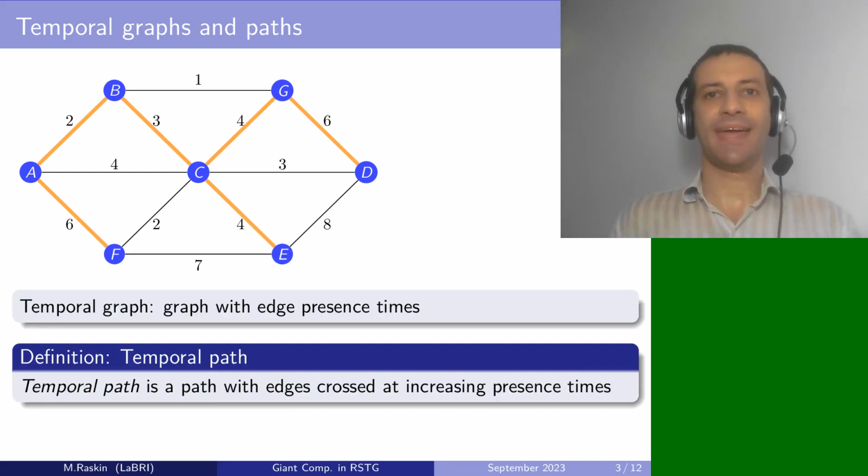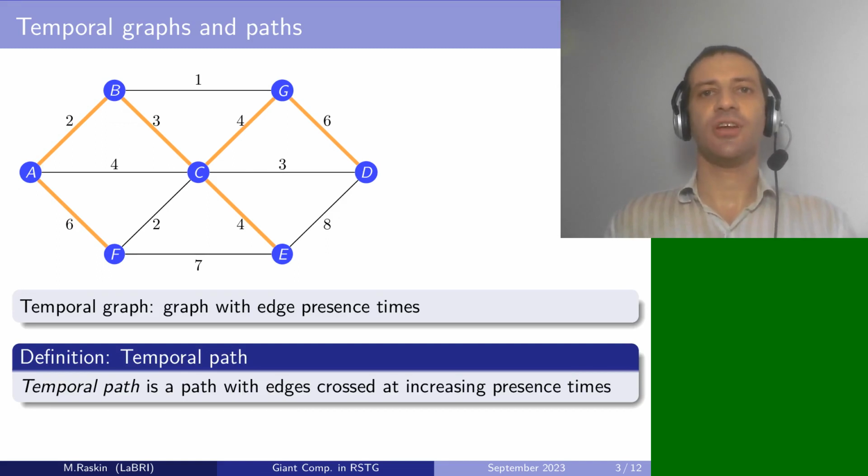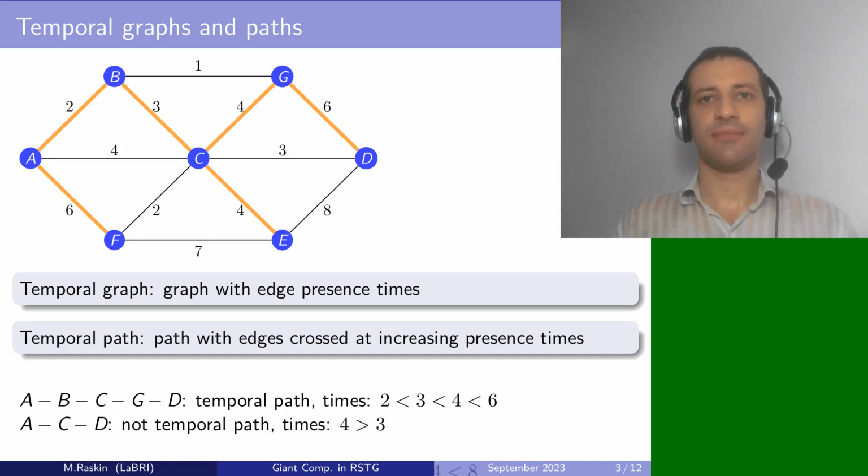And a temporal path, also called journey, is a sequence of edges and times when the edges are crossed, so that the edges are available at these times according to the labels in our temporal graph, and the times are also increasing along the path. So, for example, A, B, C, G, D is indeed a temporal path, as the times on the edges are increasing. We don't have any choice for each of the edges, but at the same time, A, C, D is